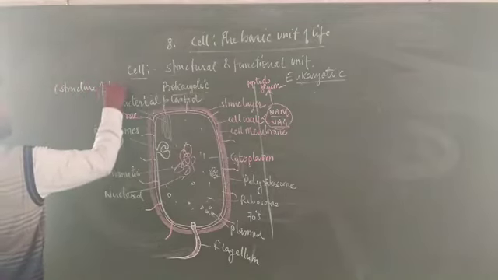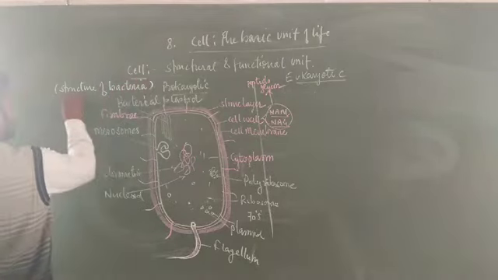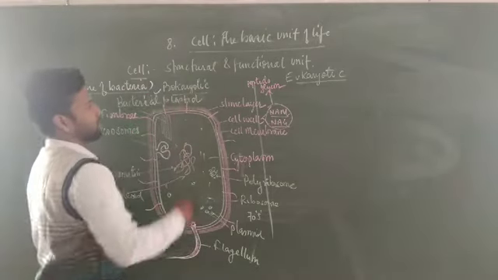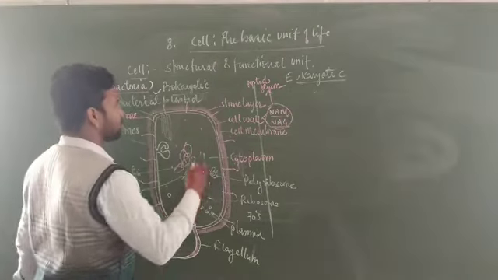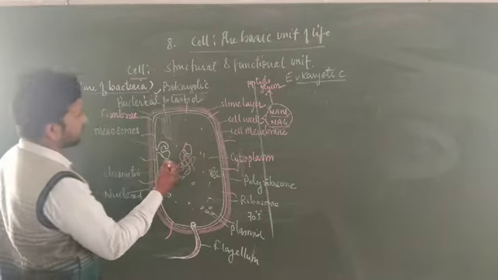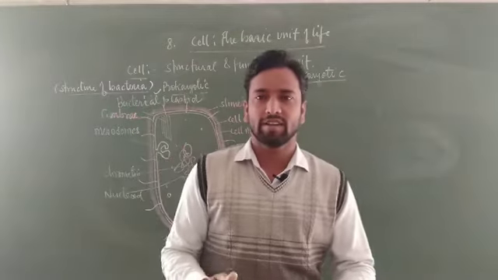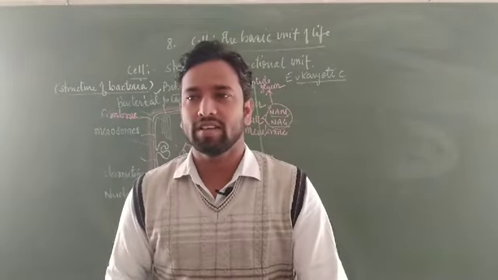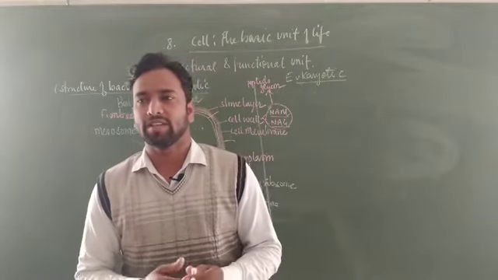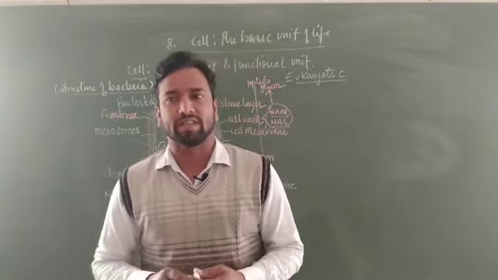Structure of bacteria. A bacterial cell is a prokaryotic cell, and a prokaryotic cell differs from the eukaryotic cell. You can see some differences between prokaryotic and eukaryotic cells. First let us see the structure of prokaryotic cells. Prokaryotic cells differ from eukaryotic cells generally in size. Prokaryotic cells range from 1 to 10 microns, while eukaryotic cells are up to 10 to 100 microns, about 5 to 100, you can say.